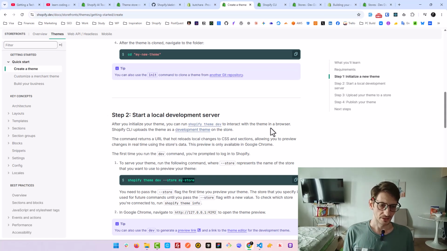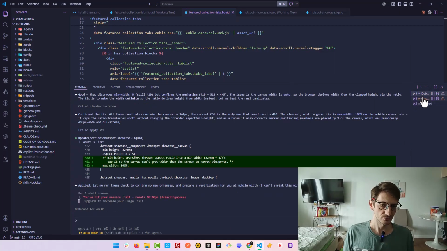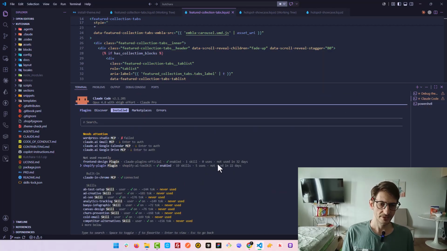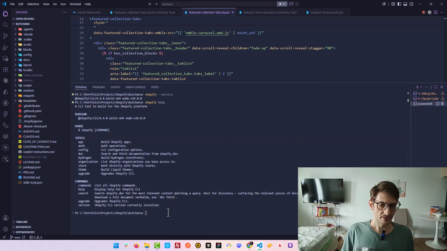What you can also do is ask your agent, if you already connected your Claude. You just open Claude and ask how do I start my development server, because it already connects to the Shopify API and can suggest what commands you need to type. But what you need next is to start the development server. So let me just find it. How do I start it here? So yeah,